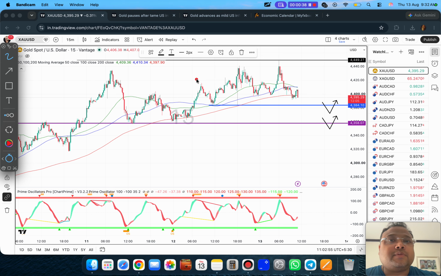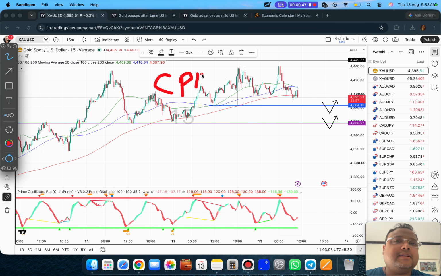We had hopes from CPI. Yesterday we had CPI, but the numbers matched the expected numbers. As a result, there were not any good moves from the market. As we all know, whenever the market meets the expectations, we do not see big moves. Whenever there is a difference between the expected number and the actual number, we see some crazy movements. But yesterday, nothing happened. As a result, the market is still sideways.